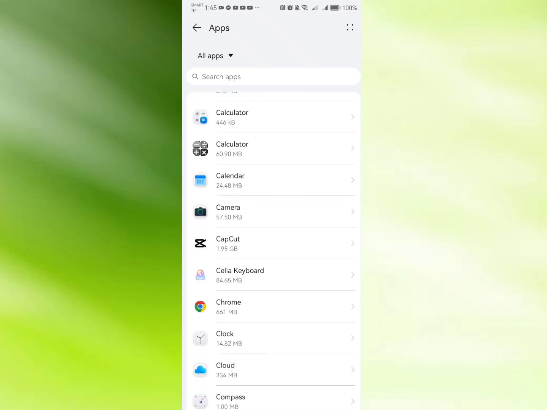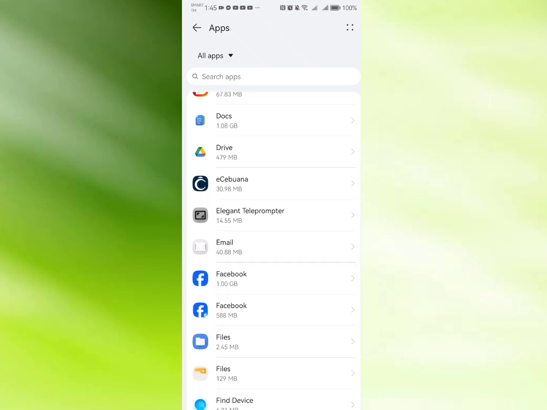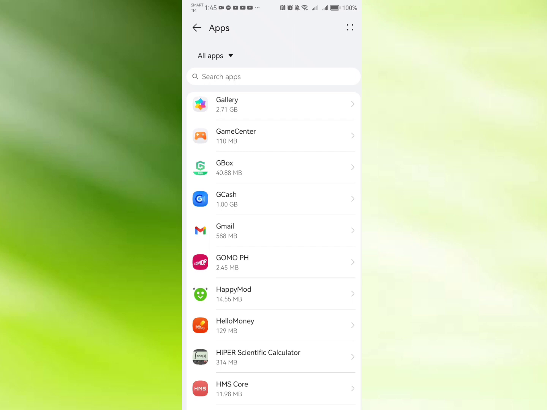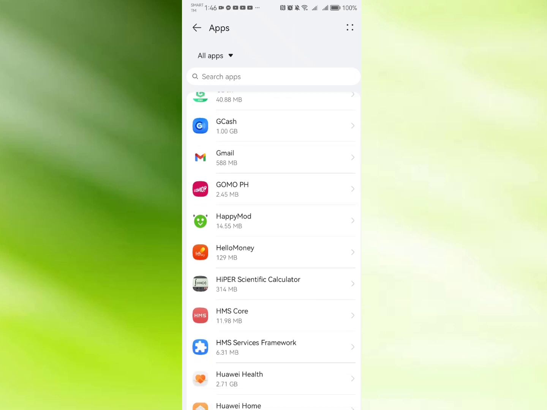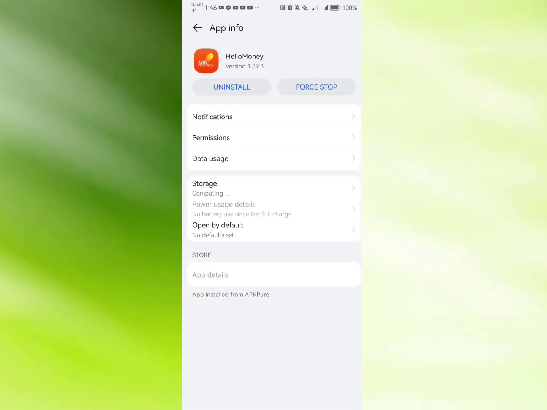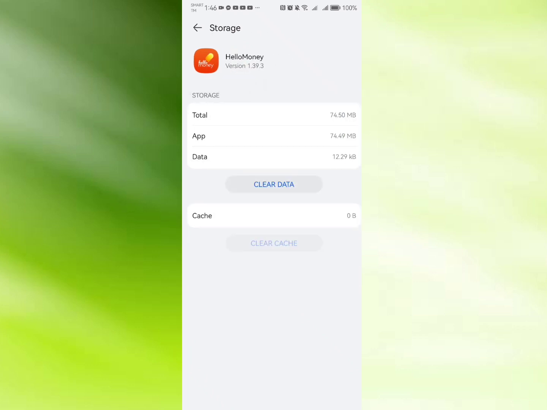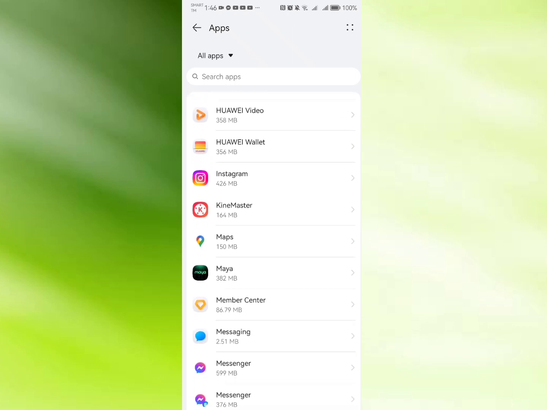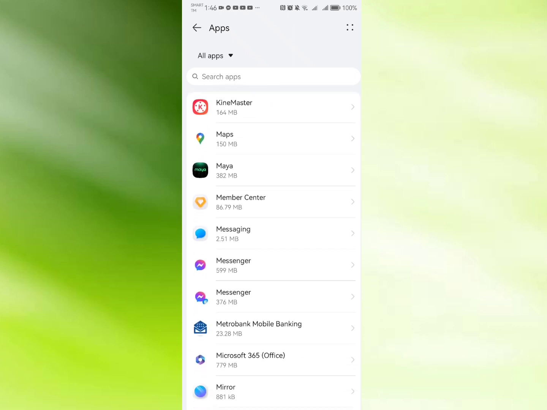So let's say for example I am going to clear cache my, let's say, the Hello Money. And in order to clear cache, just simply go to the storage, and then you have the option to clear data or clear cache. So let's say I am going to clear cache